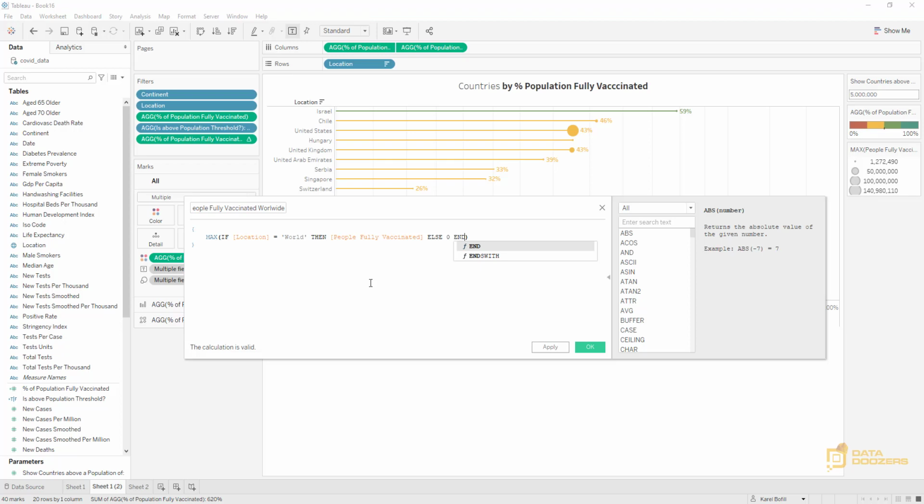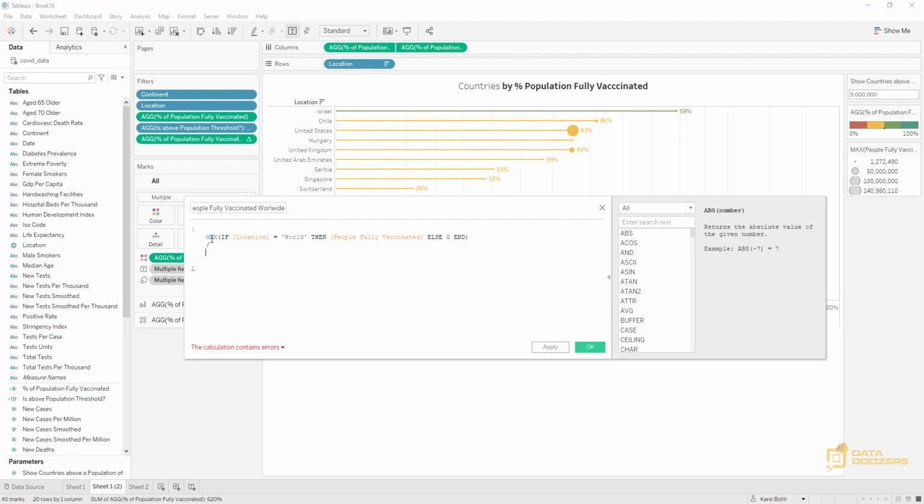I only want to see the value when the location equals world. So that is going to return the latest value that I have for people fully vaccinated in my dataset, which should be equal to the total. And I'm going to divide that by